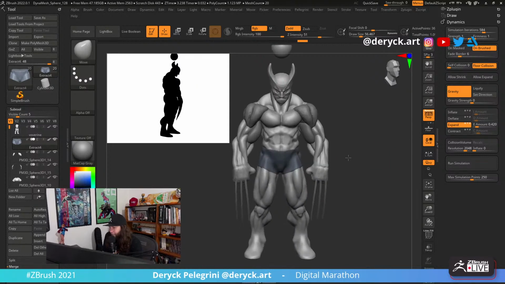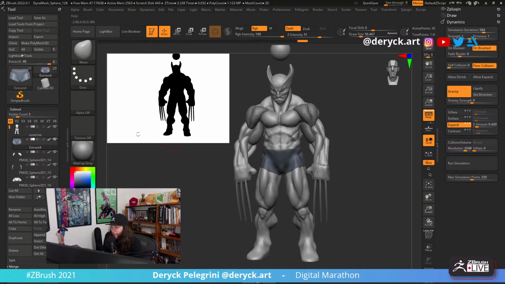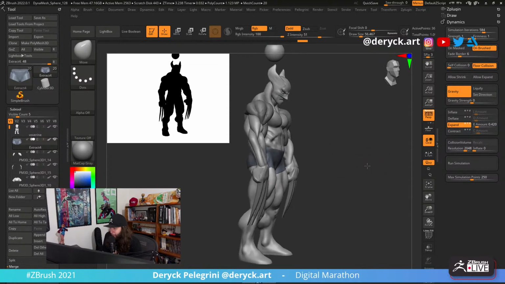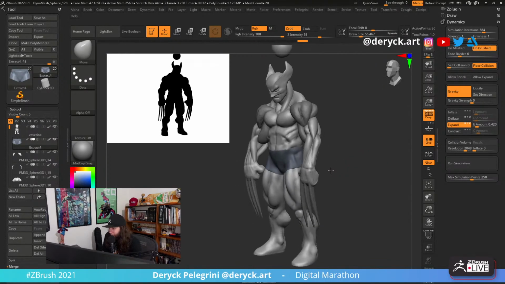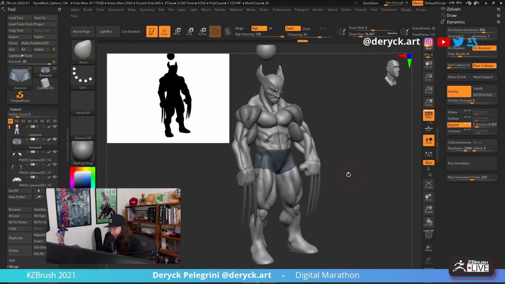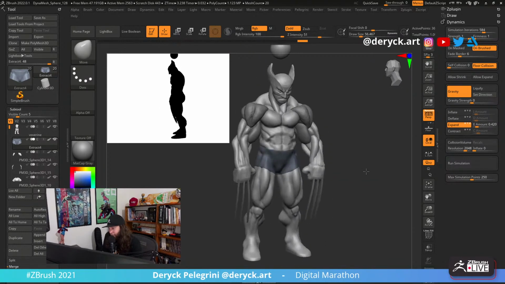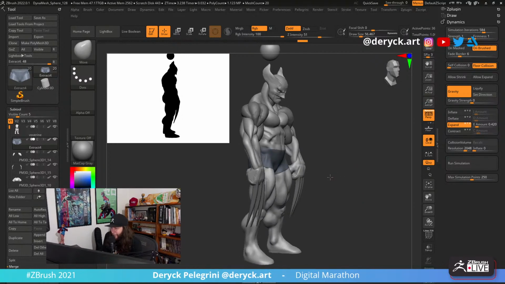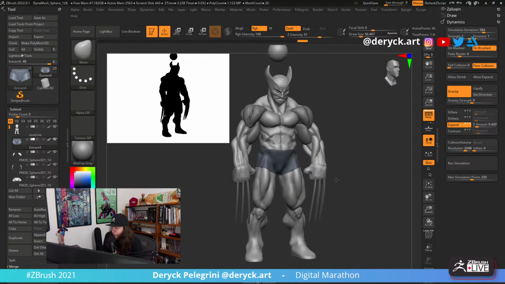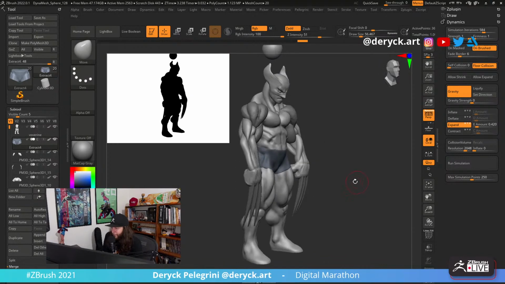Although I think there are people that have similar body types as this one, but yeah, I don't think so. I'm actually not even concerned about this right now. My goal here is to create a nice silhouette, and at the end of the day, this is a comic book hero, you know.